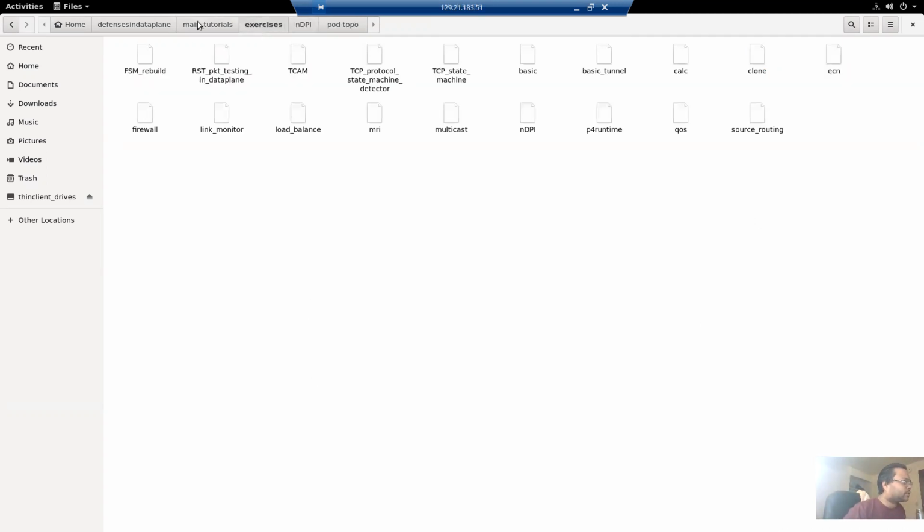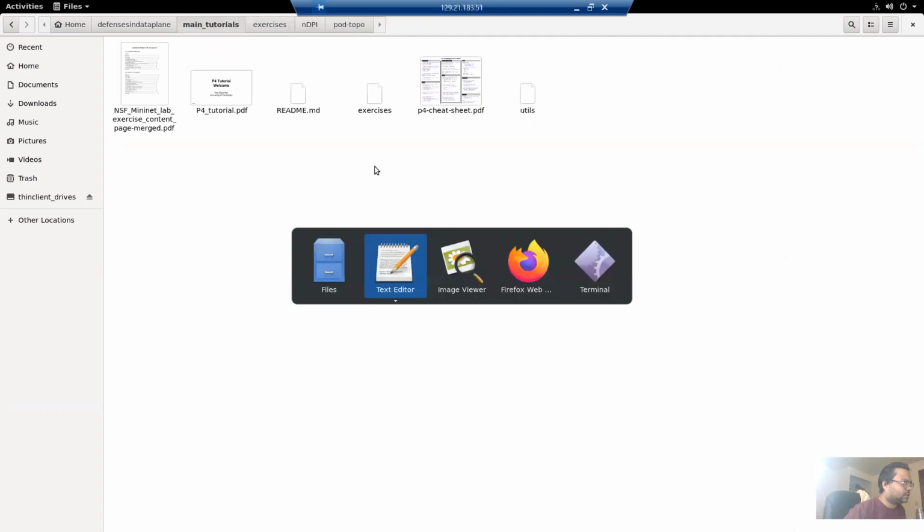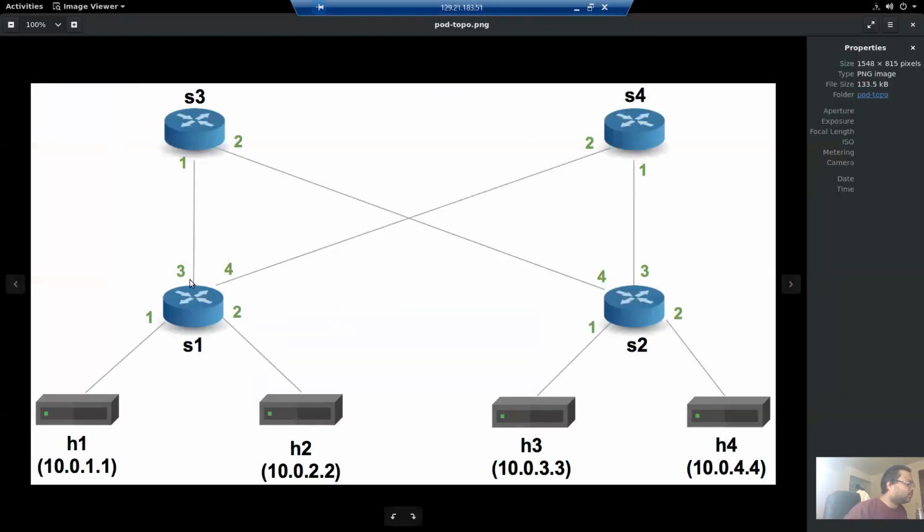But anyway, for demonstration purposes, that is sufficient. Basically, just port mirror the packet to port number 3. So it works like that. When the packet comes here, it port mirrors it to 3. When it reaches there, the switch S3 port mirrors it to 2, and then this one port mirrors it to 1.